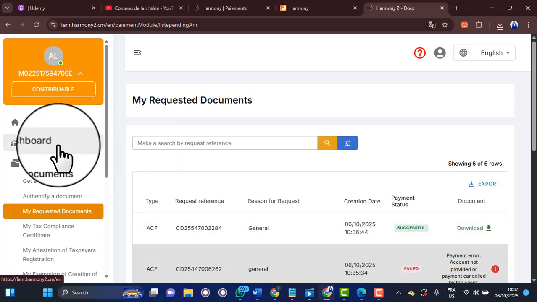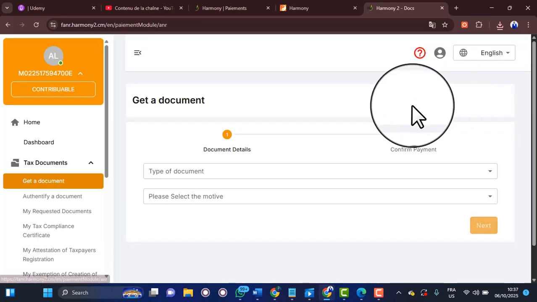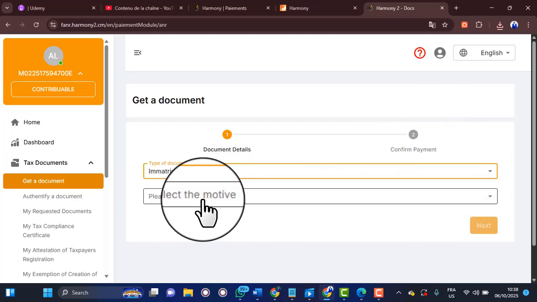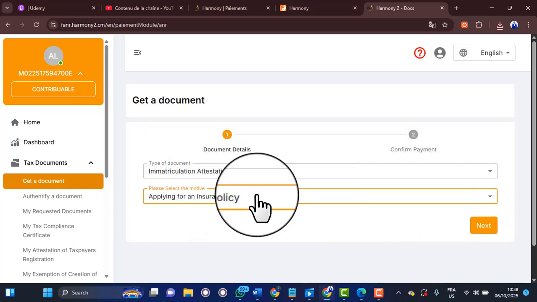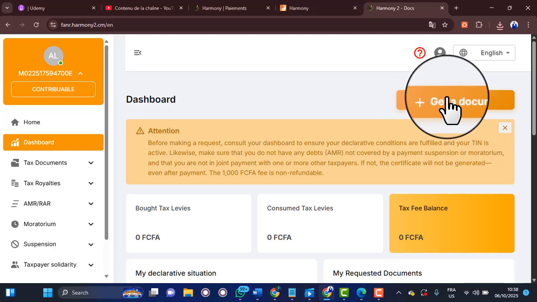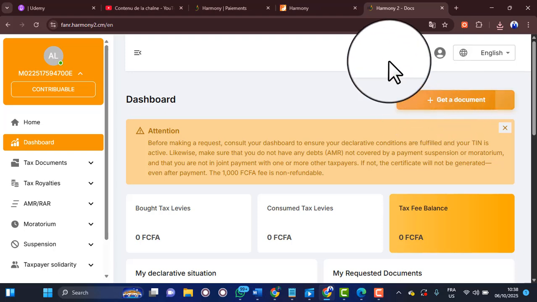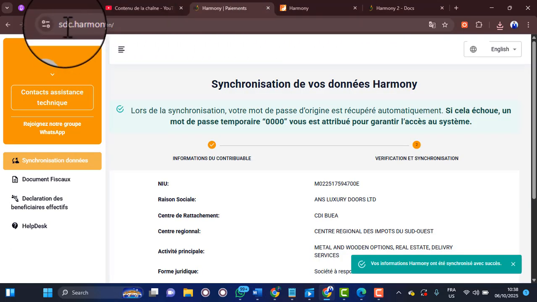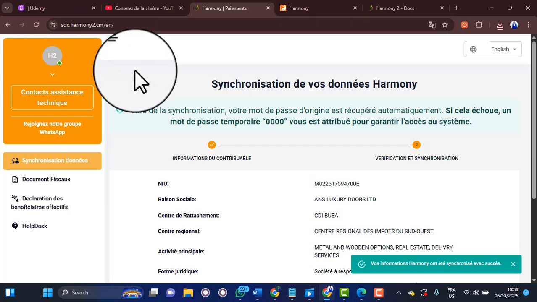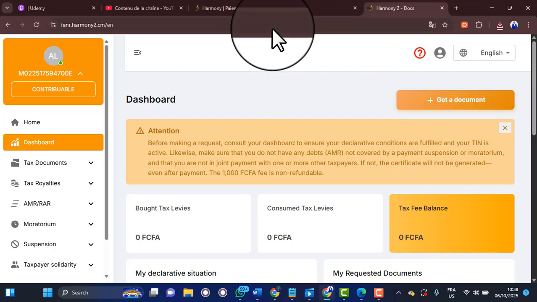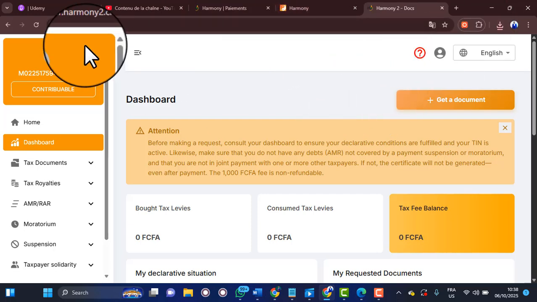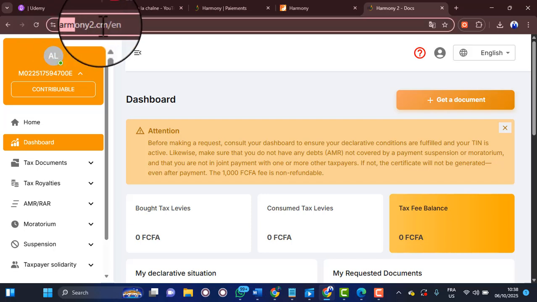So the same way, if you want to do it for the tax immatriculation, you just come here, select this, you select the purpose, and then you take next, you put the phone number and pay. All the same thing. So you just need to click on get a document. The two websites involved are SDC Harmony 2.cm, and either you go direct, you start by going from Harmony 2, then you click on the link that I showed, or you can directly get to this platform,